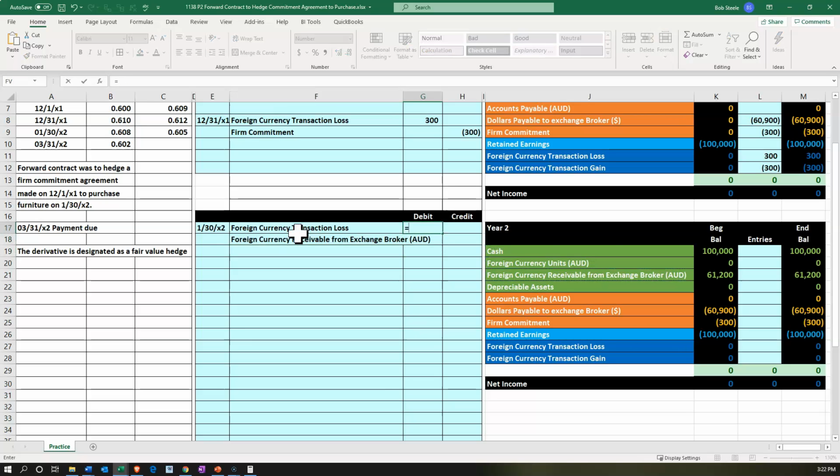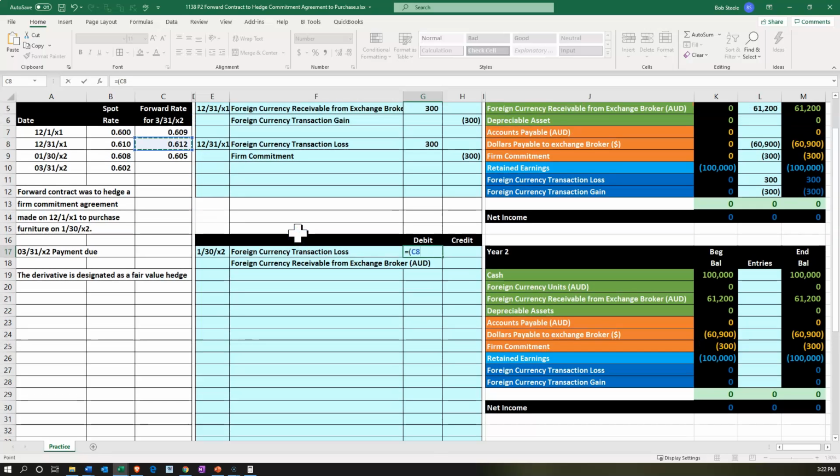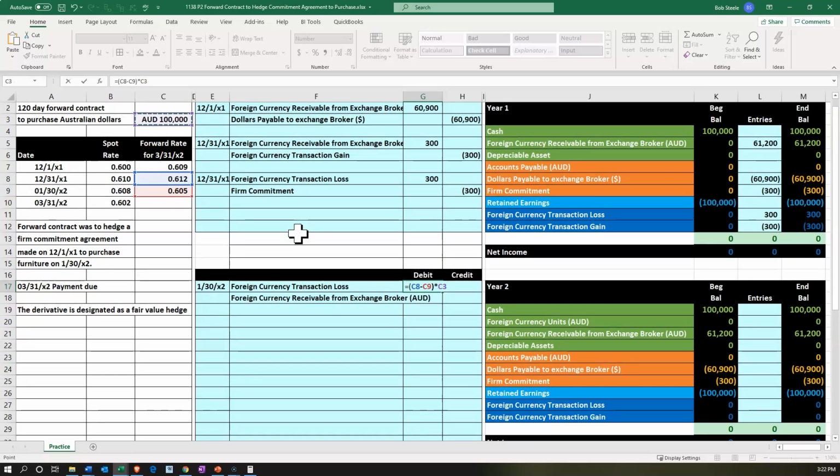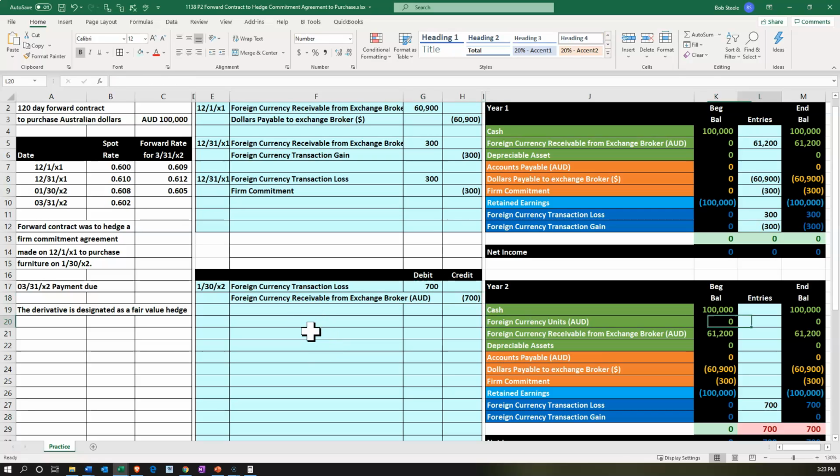Let's calculate it once again by saying equals, and then we're going to subtract these forward items out. I'm going to take the larger number minus the smaller number, so I have a positive on the debit side of things, and then we're going to say that that's going to be times the 100,000. There's our $700 debit and credit. Recording that out, we're going to go to the foreign currency loss down here. That's going to be the $700 debit, and then we've got the foreign currency receivable up top. We're going to say that's going to be the $700,